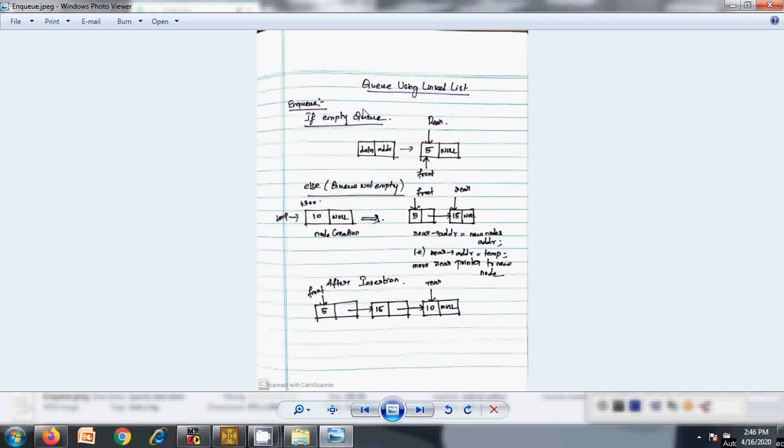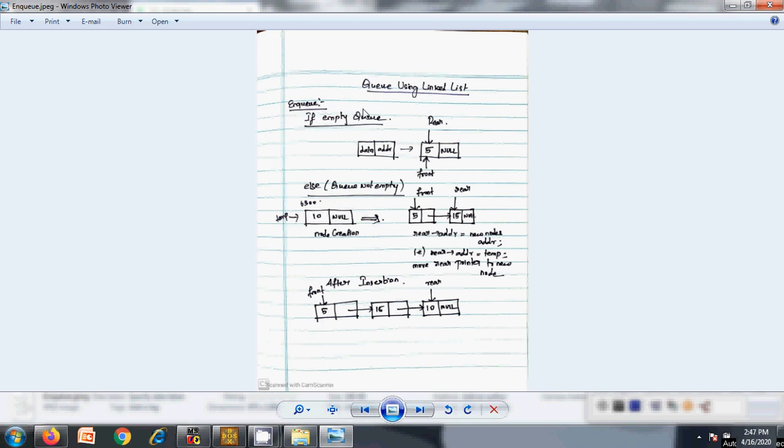Queue is almost similar to the head pointer in a linked list, which plays an important role, as everyone is aware. Similar to that head pointer, here front is a pointer of struct type, and rear is also another pointer of struct type, and we are going to use these two pointers for the insertion and deletion processes respectively.